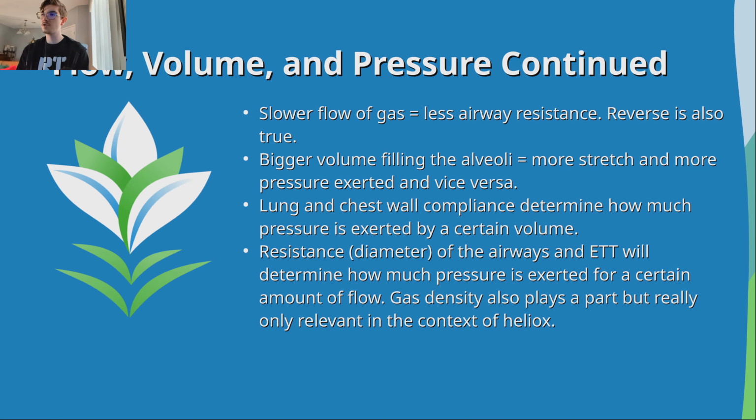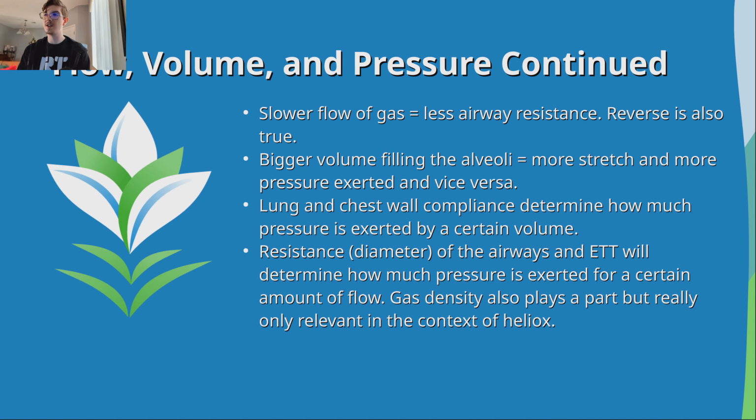is also true. A bigger volume filling the alveoli means more stretch, more pressure exerted by that volume, and more pressure exerted back on the ventilator, and vice versa. Lung and chest wall compliance is going to determine how much pressure is exerted by a certain volume. The resistance and diameter, basically, of the airways and endotracheal tube will determine how much pressure is exerted for a